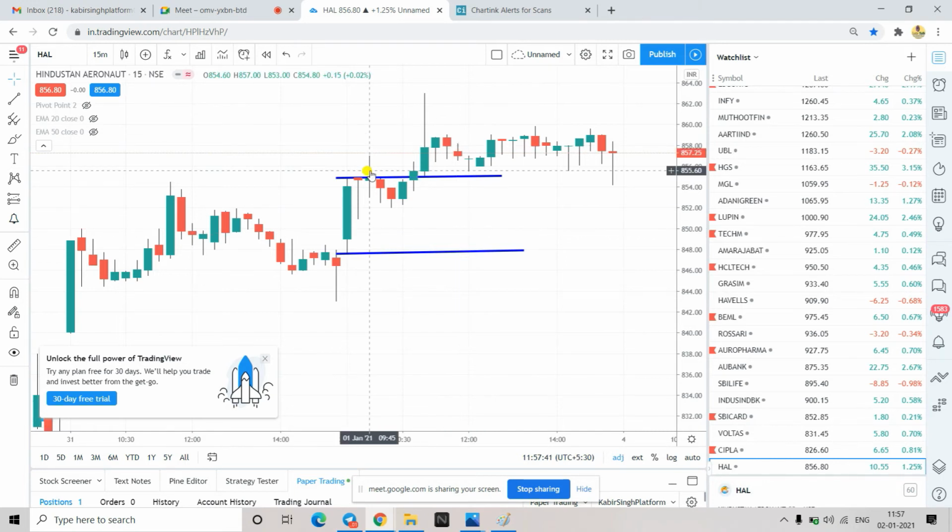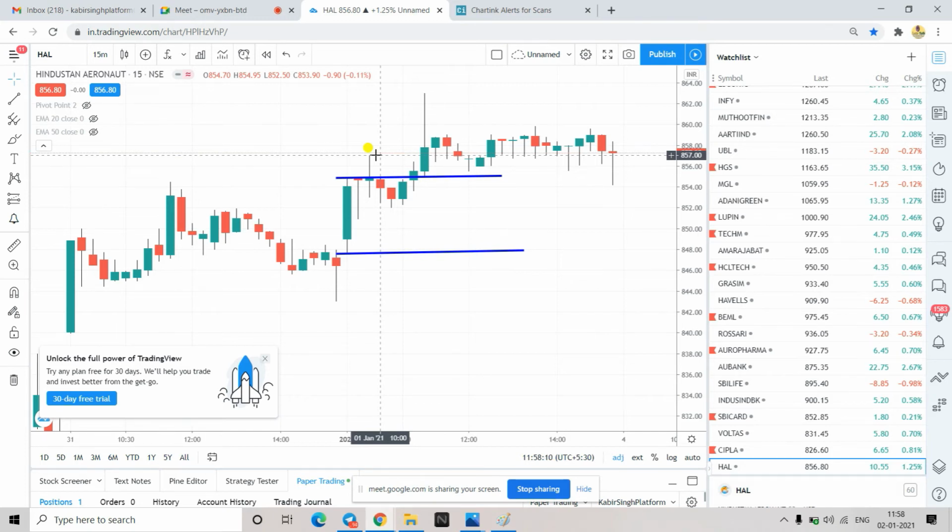Once you have got the alert, make sure that you enter at the day high. For example, you have got the alert in this candle because whenever this kind of formation forms, this is the HH formation, higher high formation. This candle has made a high and the next candle has again broken the high and made a new high. So you have to enter at the day high always. In this case, this is the day high, so you have to enter here. The price is 857 something. All right, so the price is 857.